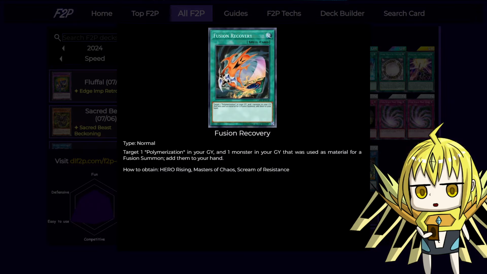We have 2 copies of Fusion Recovery, which now is no longer a structure deck exclusive, so anyone can get multiple copies of this card, and it's pretty useful just as a +1, because it gets you more discard fodder for your fusions, or you can potentially make a second fusion if you have enough gas in your hand if